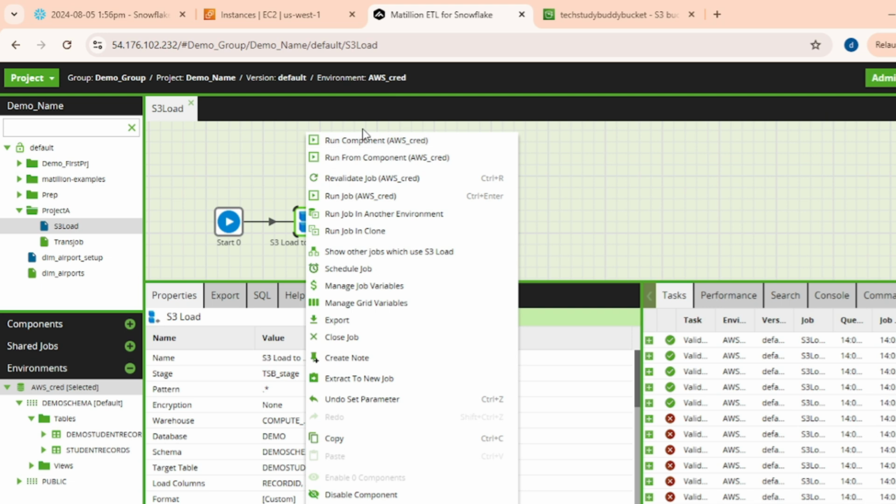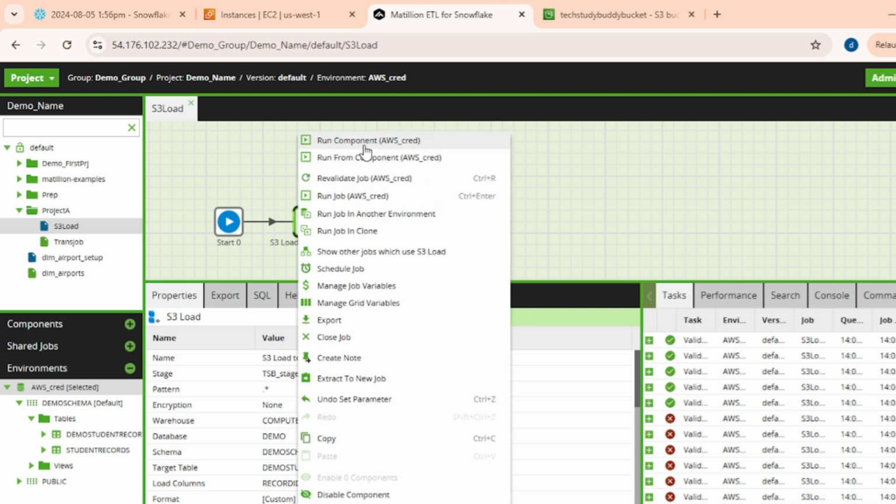Now let's see the options in the right click over here. You can run only this component if you want. So usually it's not just one component, you will have lot many components in a flow. If you just want to run a component, this is what you use. Run from components. The sentences are pretty obvious here. You want to revalidate the job. When you revalidate, it will show you some obvious mistakes, like if you have not filled some mandatory properties and so on. And you want to run the entire job, you can do it here, but this is in the AWS